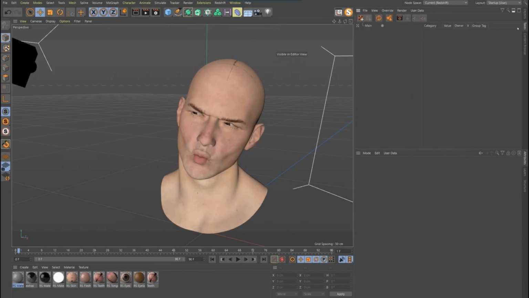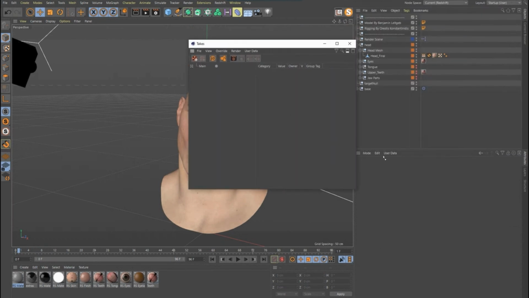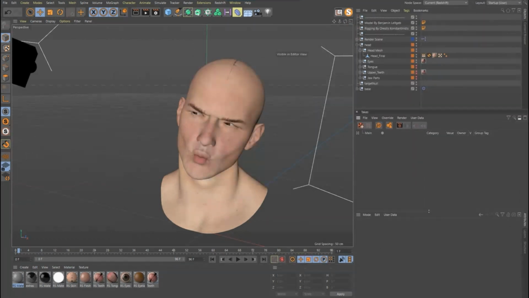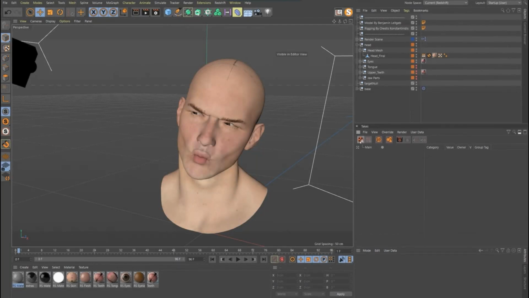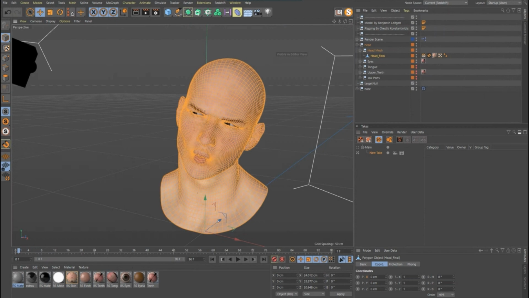We go into our takes tab, and just for ease of use right now, I'll just dock that down here. You can see our takes are set up like this. So this is a new take, does what you think it does, makes a new take. This is an override group. We'll talk about that in a second. This is auto take, which again, if you do this and then you start moving your model around, it won't do anything yet, because what you need to also activate is this guy here, which is lock overrides.